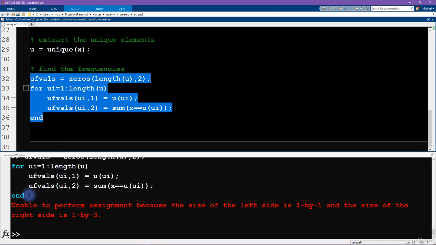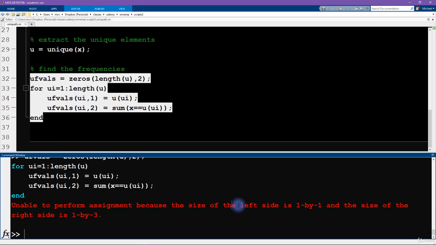And let's see what happens if I run this on matrix input. Aha, so here Matlab gives us an error message: unable to perform assignment because the size of the left side is 1 by 1 and the size of the right side is 1 by 3. Okay, so look what I did here. I selected 1, 2, 3, 4, 5 lines of code, and I got an error message. So at least one line of code is producing an error message, but I don't actually know which line of code it is. So the first thing we need to do is actually figure out where this error message is even coming from. I'm going to talk more about these kinds of strategies for finding errors in your code in the next